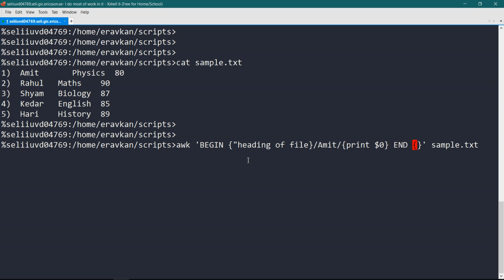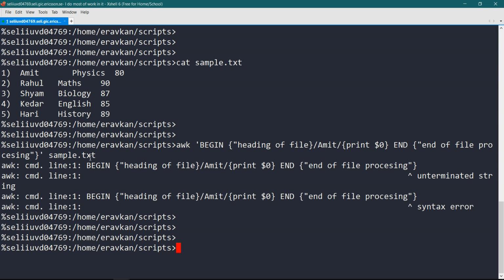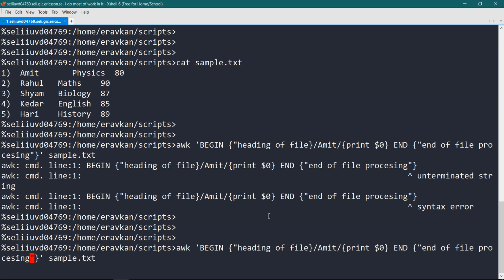Then in END I can write end of file processing. So what happened? End of file unterminated. Okay, this needs to be terminated.